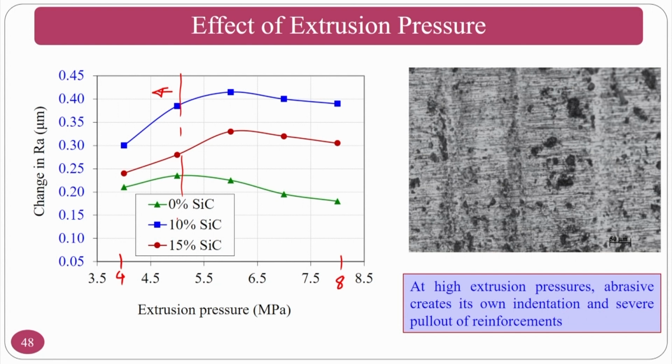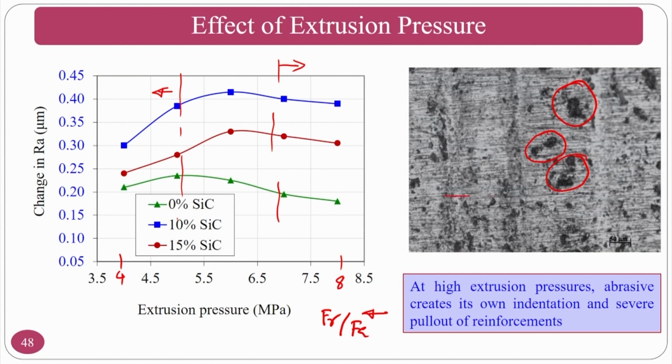If you see at higher pressures, what is happening here is that your force is very high, your force ratio is very high. If the force ratio is very high, you can see the indentation. That means your FR by FA is very high at high extrusion pressures. That means your radial force increments are high, which we have seen in the force measurements done by Professor Gorana as well as Professor V.K. Jain. The abrasive particles are indenting along with the surface finish.